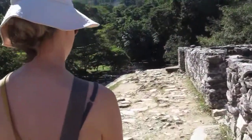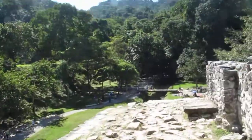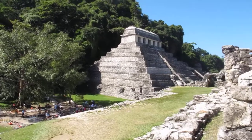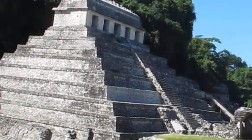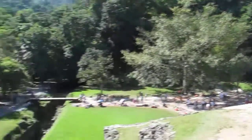The Temple of the Inscriptions, which we can see to the right, is possibly the most celebrated burial pyramid in the Americas. It was the tomb of the ruler Pakal, and his wife, the Red Queen, is buried next door. The tomb is called the Temple of the Inscriptions because it has a large inscription along the back wall,